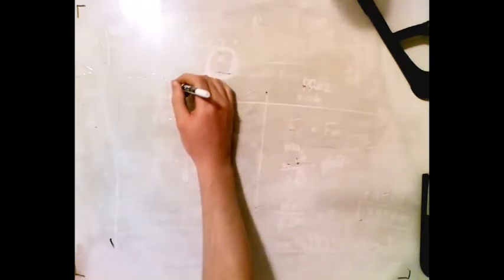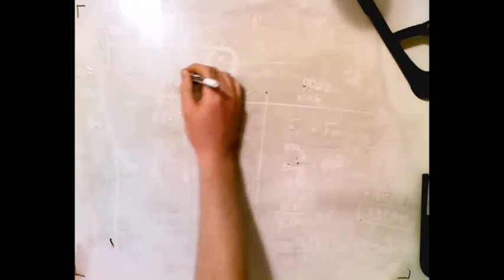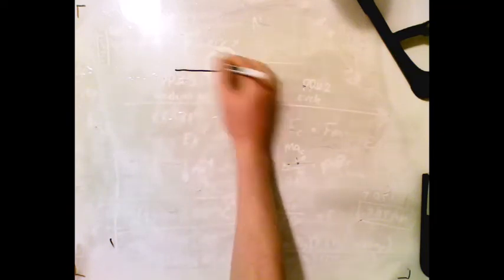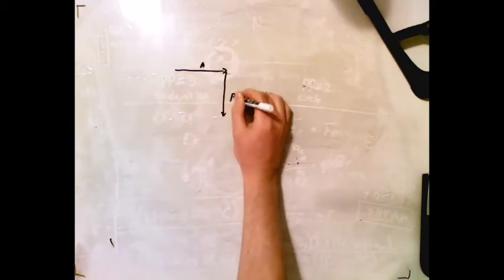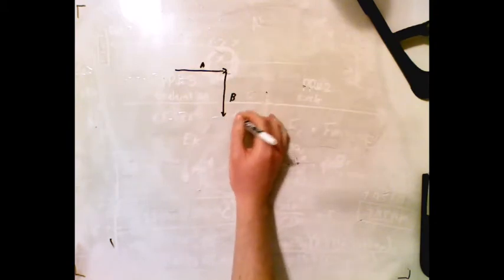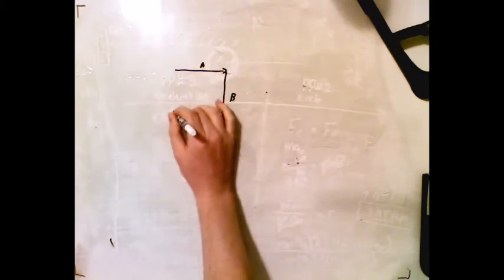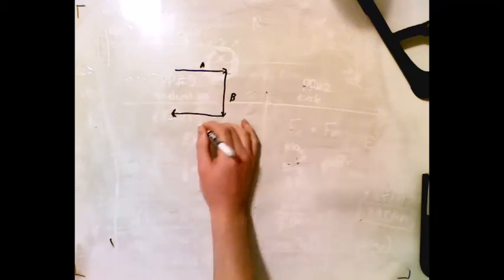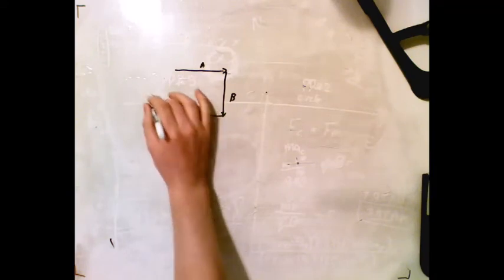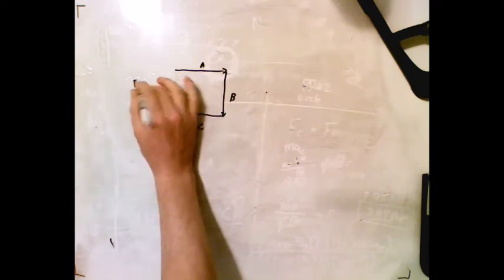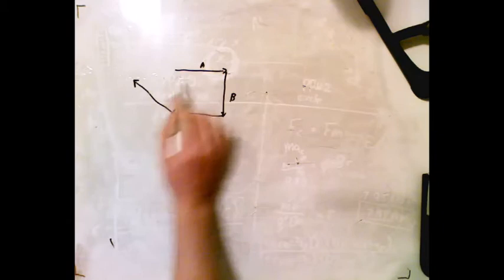So I'm going to switch to my camera. The first thing that we have to do is a tip-tail vector addition. I'm just going to do them A, B, C, D. So this is A. This is B. Make them the same size because they are equal magnitude. This is C. And then D goes up like this. And because it's at an angle, it's not going to make it all the way up